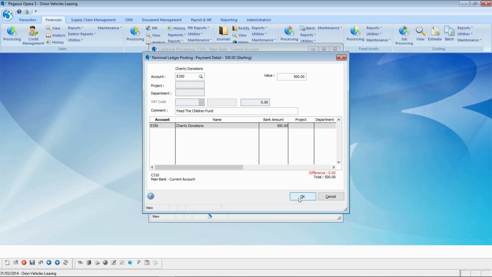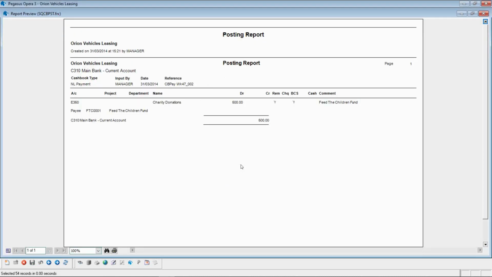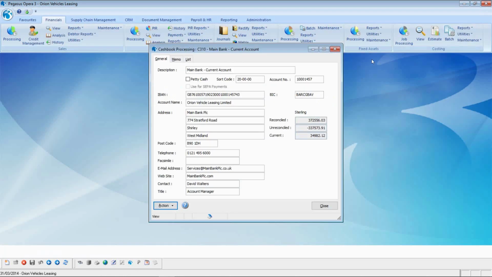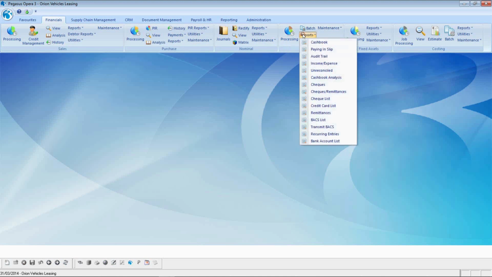And I'm going to save that away. And here we go. Here's the audit trail for that particular transaction. I can therefore go through for that under the Cashbook reports. I could create my BACS list,